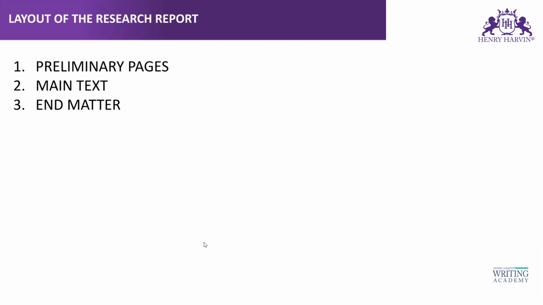So, whenever you discuss about the report, preliminary pages means the information about that report which we are talking about, which is before the main topic is discussed, right? So, what are all the things that we discuss before the main topic? What are the things that we write?